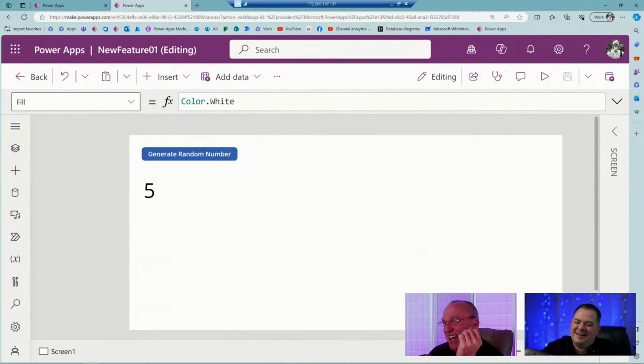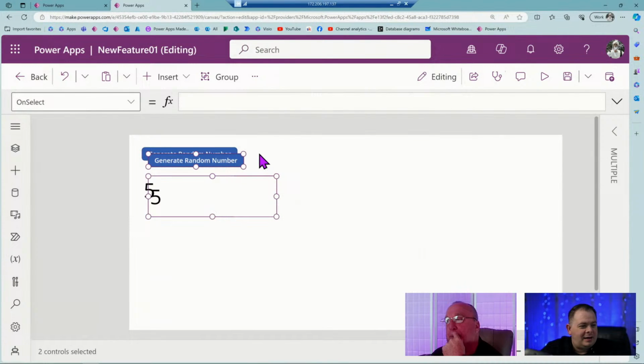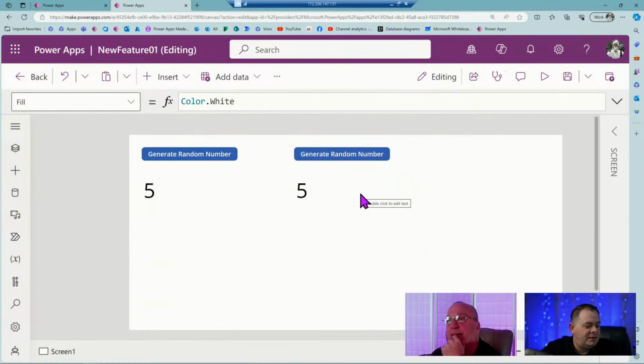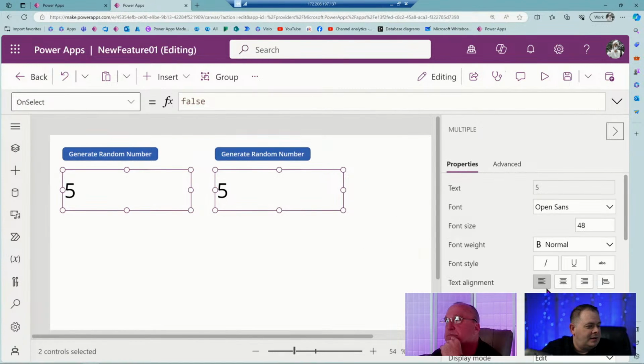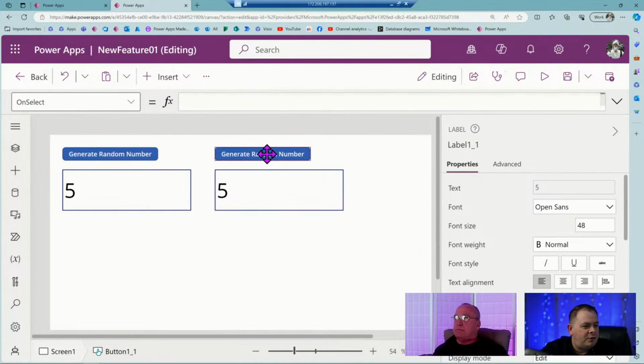Okay, so let's go ahead and change that text label to LOC Rockstar. That number up there, the LOC. See how you got LOC number up there? You know what? I sort of like what we've done. So I'm going to create, if it's okay with you, 2 of these, because we can make the file available for everybody and they might want it.